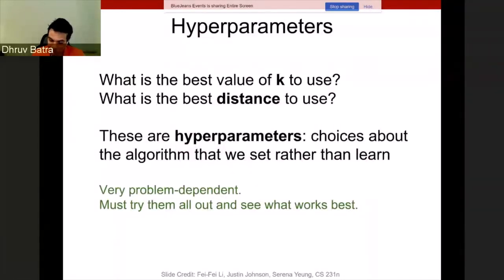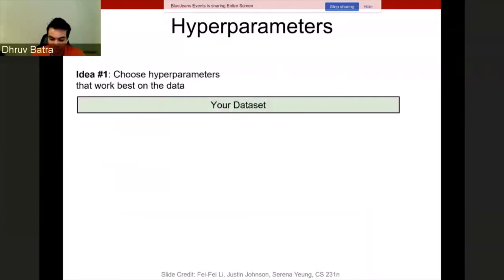And we're just going to see what works best. And the way to do this is you have a few different choices. You have a data set, you can choose hyperparameters that work well on the entire data. The problem with this is that k equals 1 will always work well on the training data set, because if you find neighbors from the training set and also make predictions on the training set, each data point is going to find itself and therefore copy its own label, and you will always get zero training error. And so it will appear like k equals 1 is the perfect thing to do, but it's obviously not